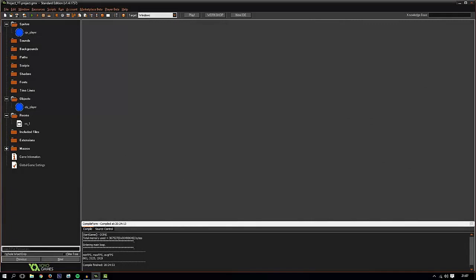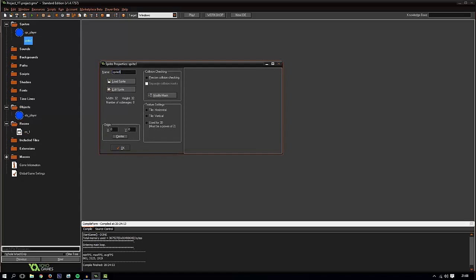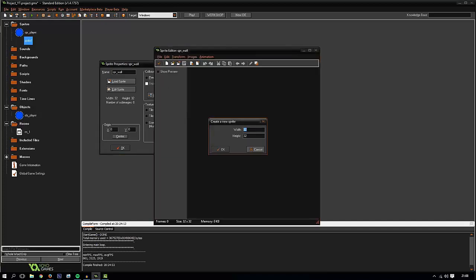In the last episode we managed to make a player that moves around the room, that has basic movement. In this episode I'm going to be showing you how to make collisions with walls so he can't just go straight through the room. Now I'm going to make a new sprite called sprite wall, edit it, give it a